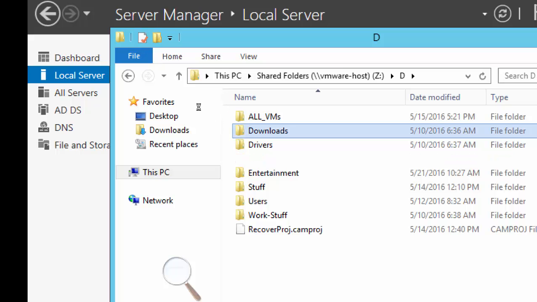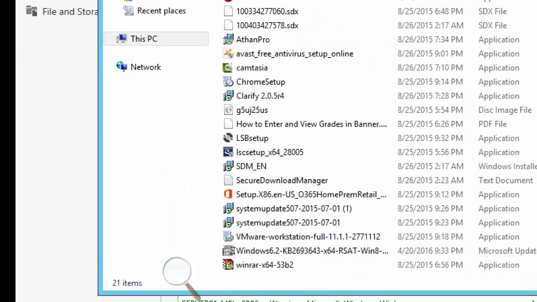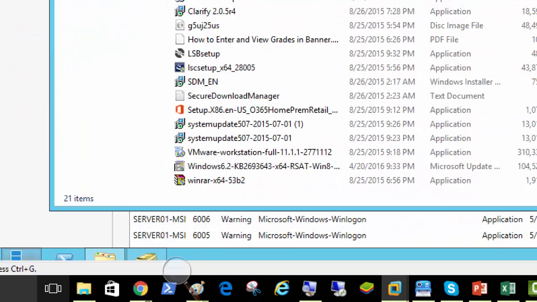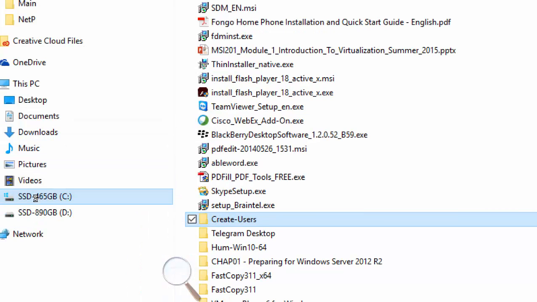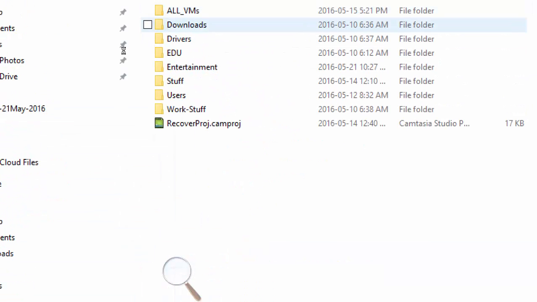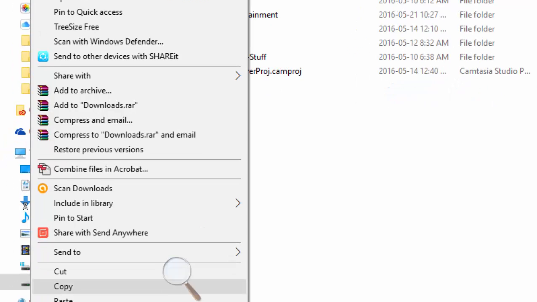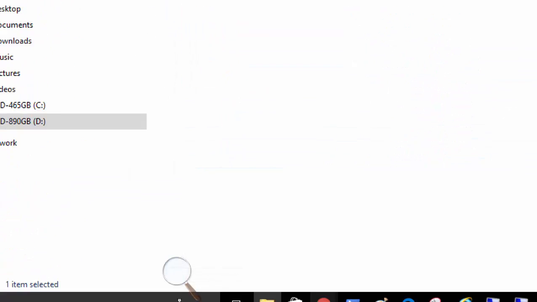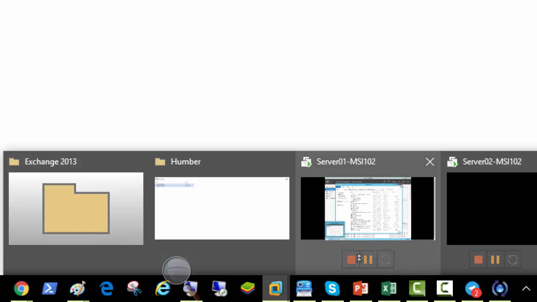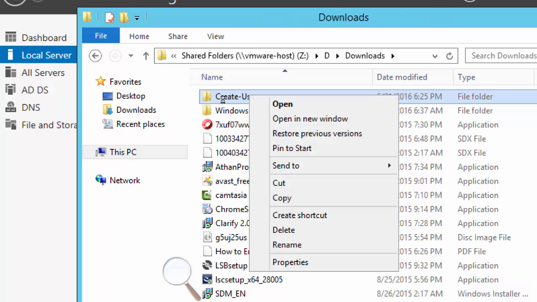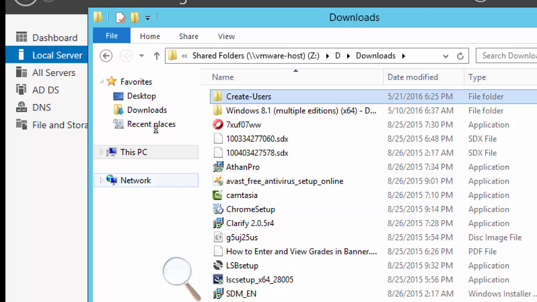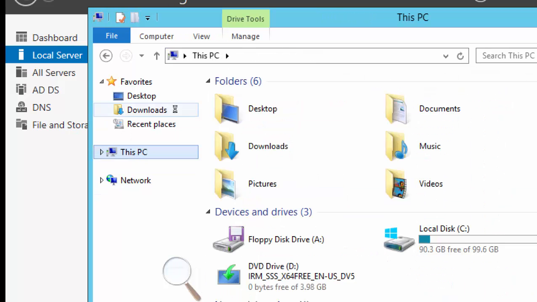So downloads, if I go there and it's not that download, I'm just going to copy that there. So copy, go to D drive, go to this downloads, right click, paste. So now I'm going to be able to see that from there as well. So that's the shared folder from which we're just going to copy this. I'm just going to click here, anything, and F5, there's that. So copy this to local